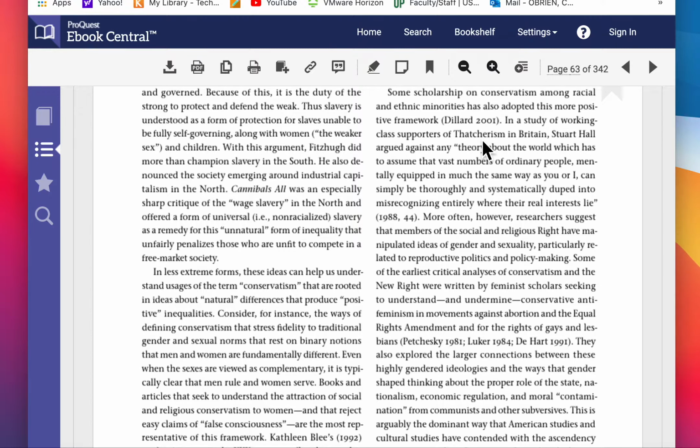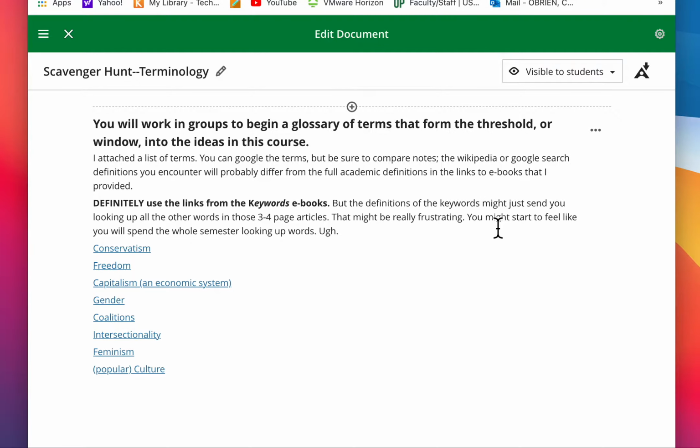But read through these things and skim them. And actually, if you print them out and underline stuff, you don't have to know exactly what this author says about conservatism, but this is a very thorough definition, and you can use other ways to look up your definition for whatever word the group's function told you is your word.